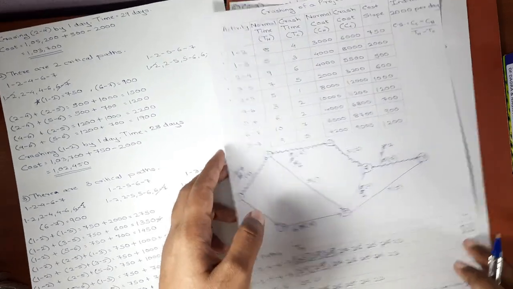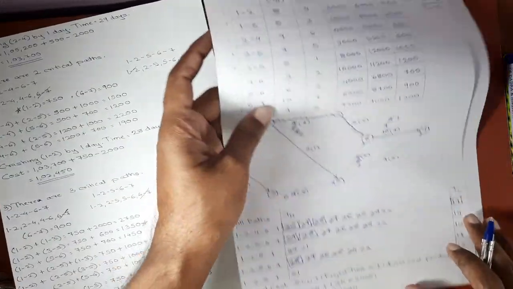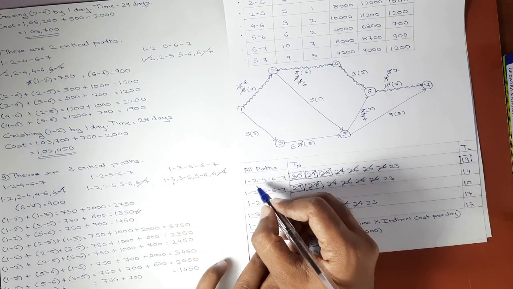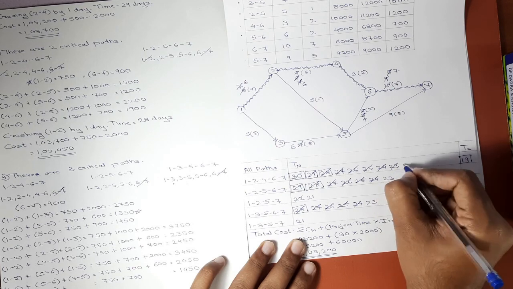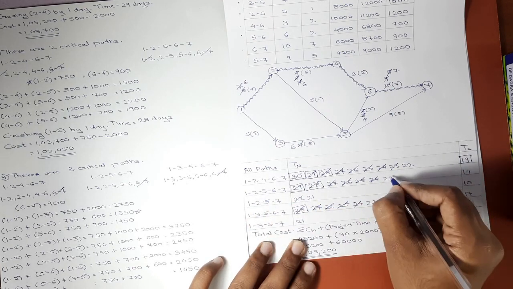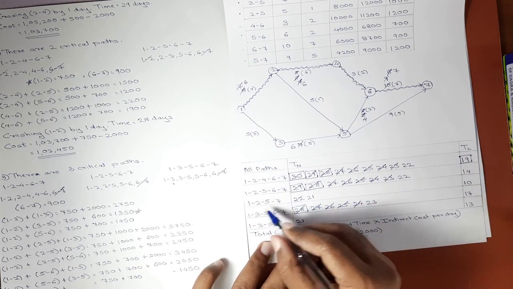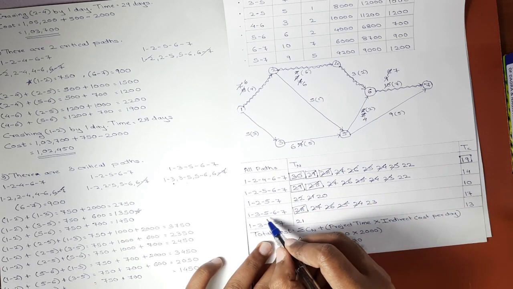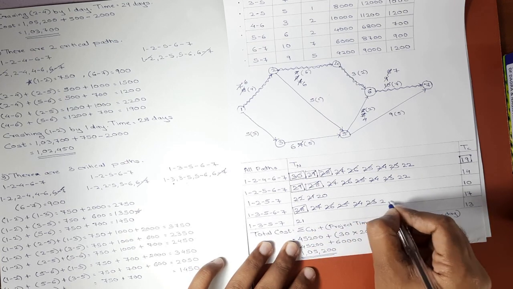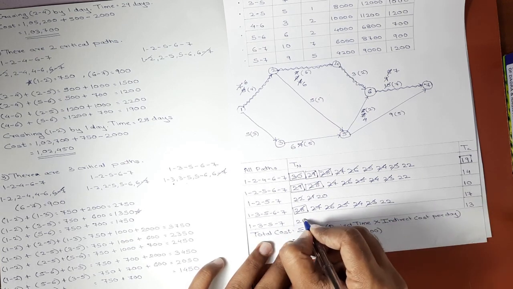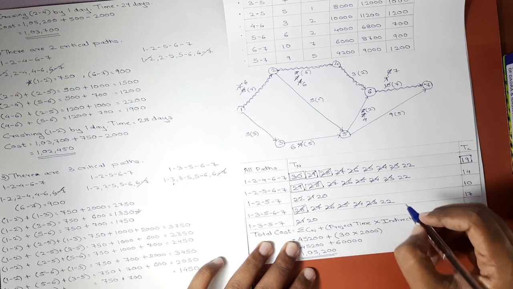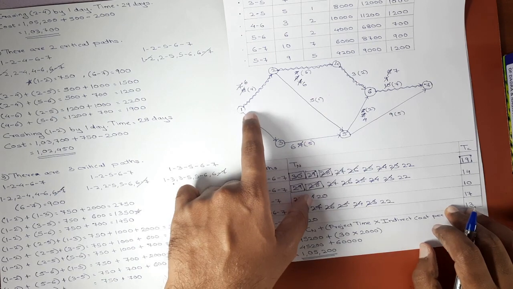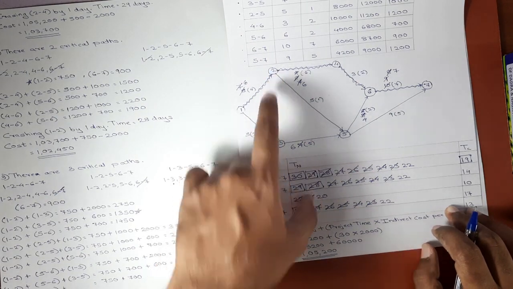Again if we update the table, you would notice that 1 2 and 3 5 was crashed. So 1 2 is over here, 23 will become 22. 1 2 is over here, 23 will become 22. In the third path also 1 2 is there, 21 will become 20. In this path 3 5 is there, 23 will become 22. In this path also 3 5 is there, 21 will become 20. Again 22, 22, 22. Critical path is same. There is still scope for crashing activity 1 2 and 3 5.